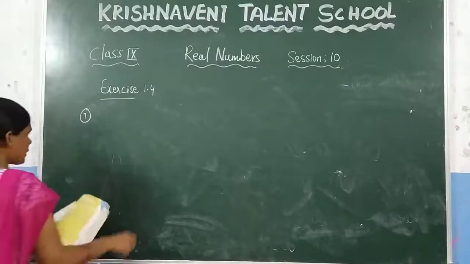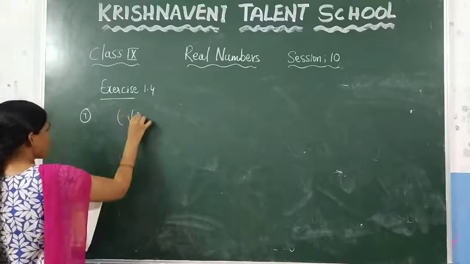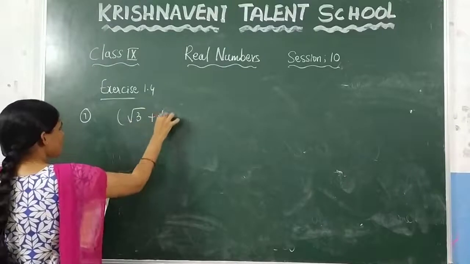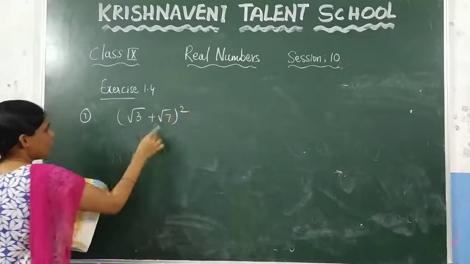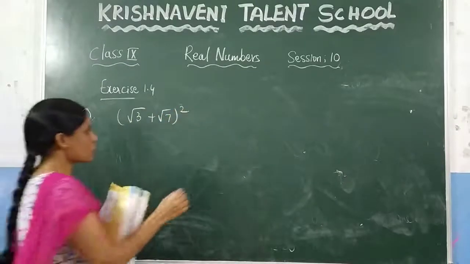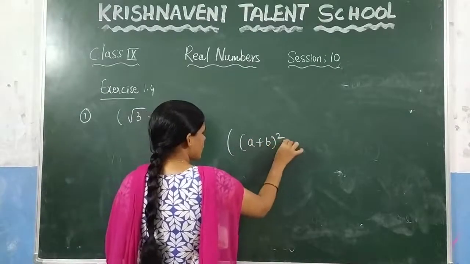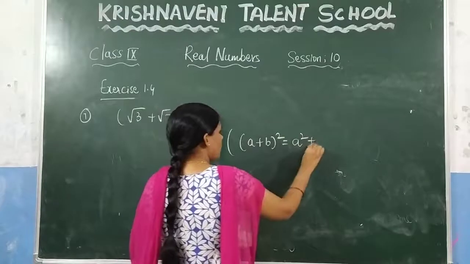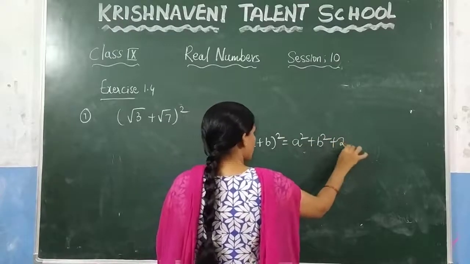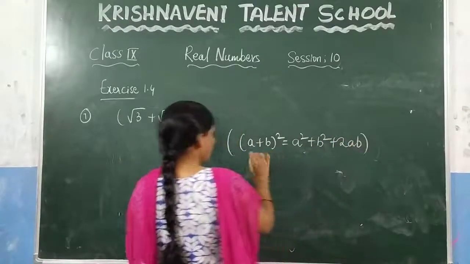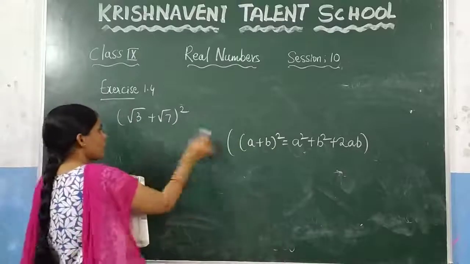Root 3 plus root 7 whole square. What is the next problem? Root 3 plus root 7 whole square. It is in the form of what? A plus b whole square. What is the formula for a plus b whole square? Which is nothing but a square plus b square plus 2ab. So in this what is the value of a here? Root 3,